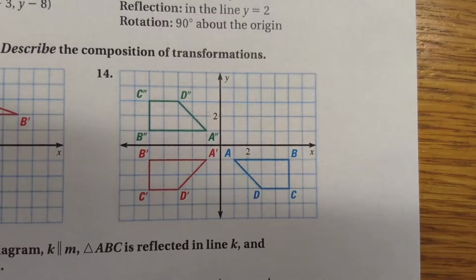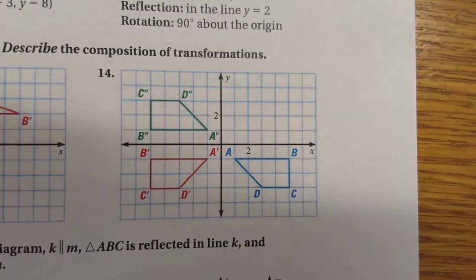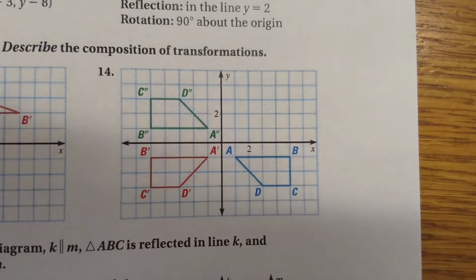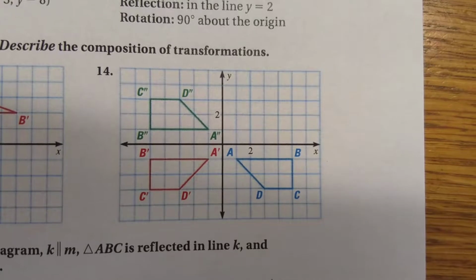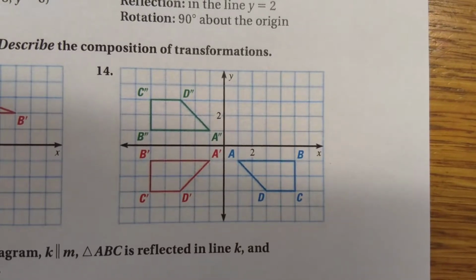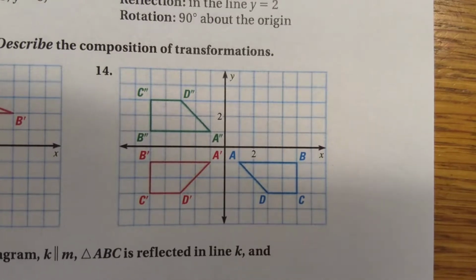We're given a graph with different images on there, which is really a composition of transformations. More than one transformation has happened, and it's just asking us to describe this. The most important step of this is determining what is your original image, and then your prime image, and finally